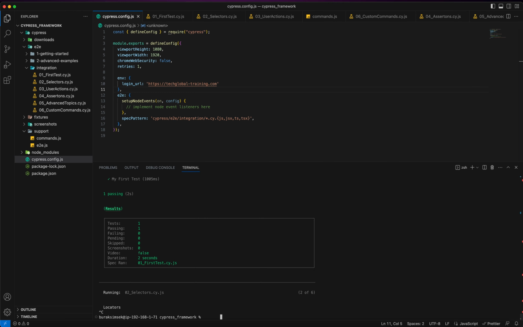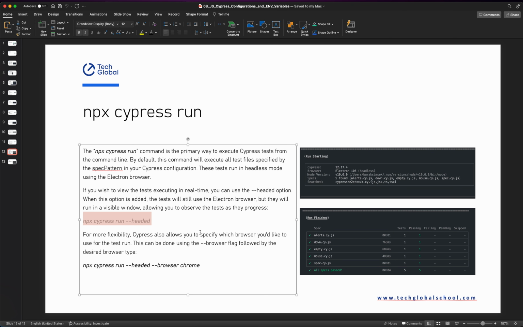Let's say you also want to change your browser type. For more flexibility, Cypress also allows you to specify which browser you would like to use for the test run. This can be done by using the --browser flag followed by the desired browser type. So let's say you want to run your tests in headed mode using Chrome browser. All you need to do is provide this option, --browser chrome, of course with --headed if you want to run in headed mode. I will just copy this command